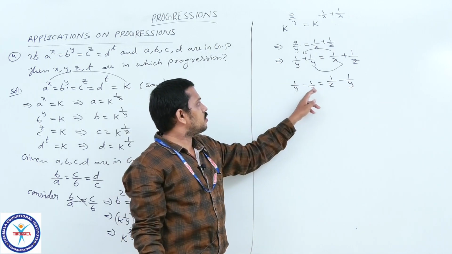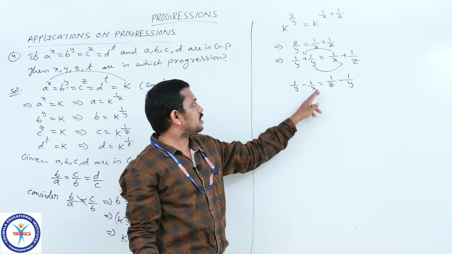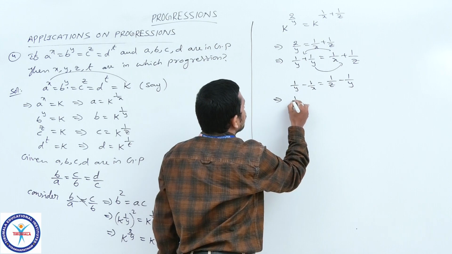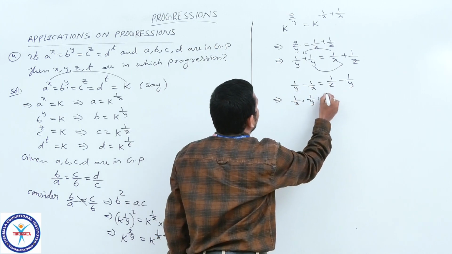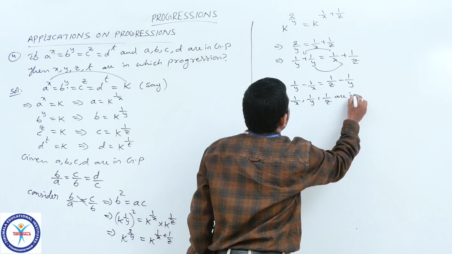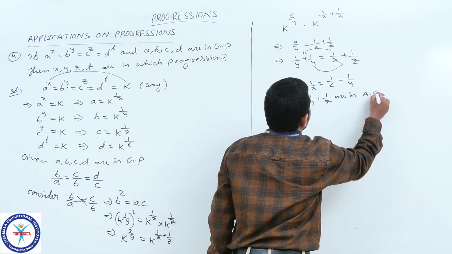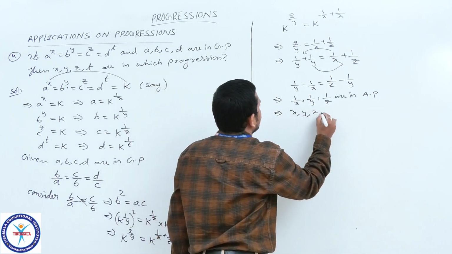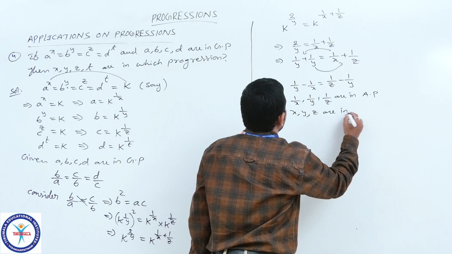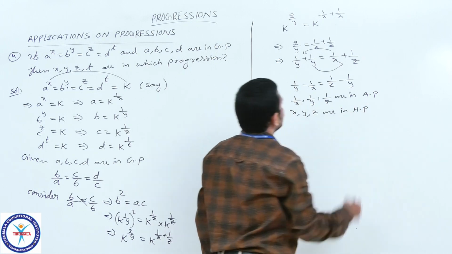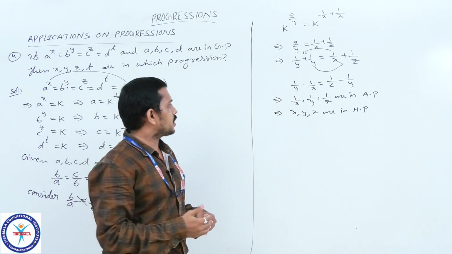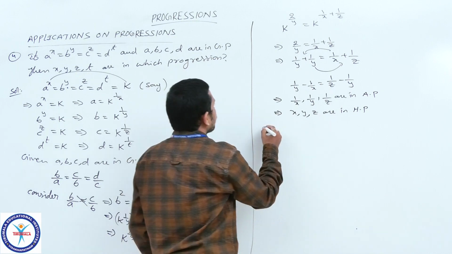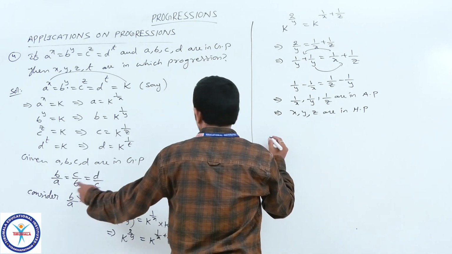So here the difference between two consecutive terms, 1/y − 1/x, is equal to 1/z − 1/y. It means that 1/x, 1/y, 1/z are in AP, which implies x, y, z are in HP. These are in harmonic progression. So x, y, z are in harmonic progression. Similarly, we can consider